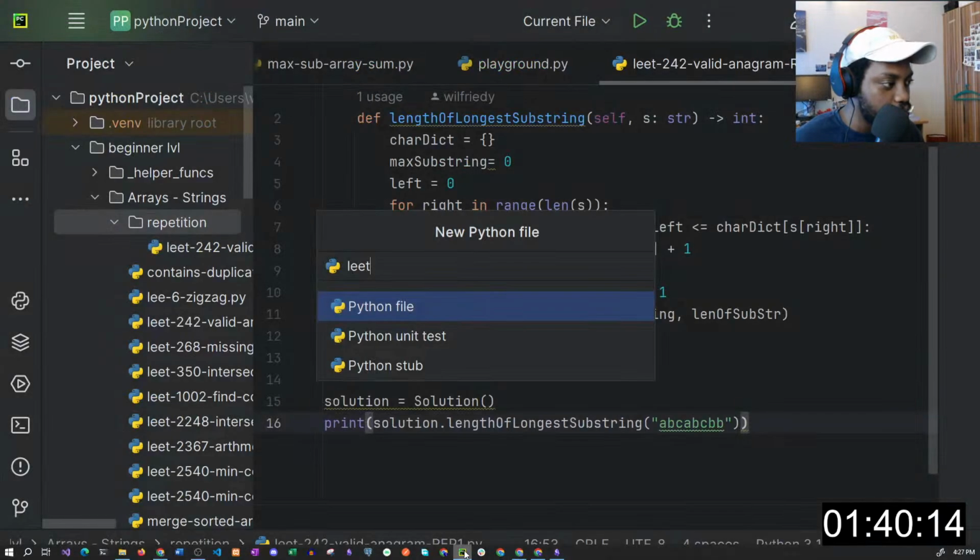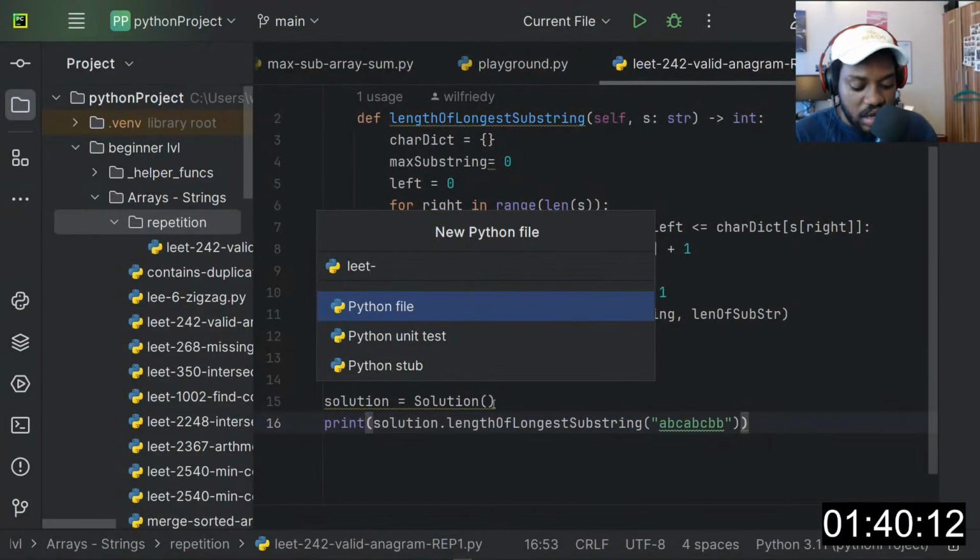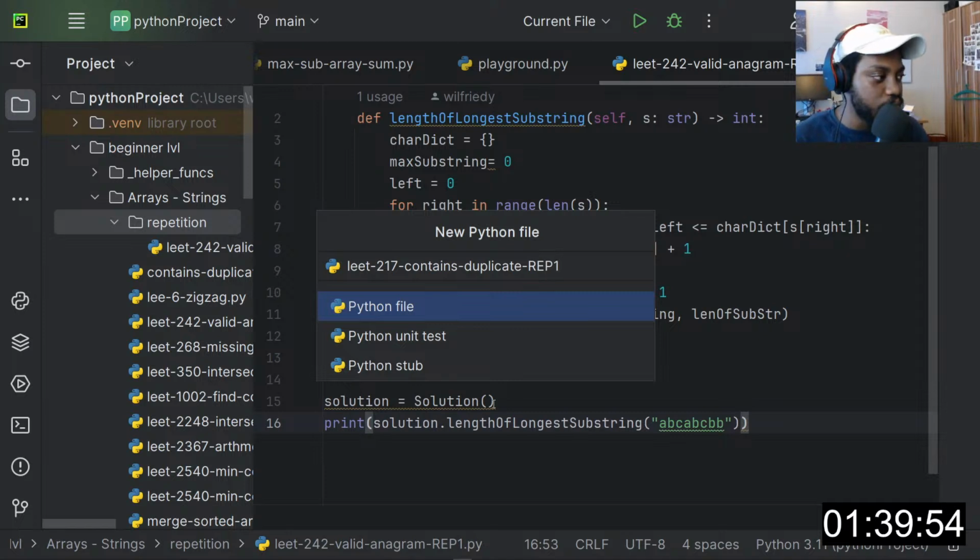Okay, so LeetCode-217-contains-duplicate-repetition 1. So this is the first time I'm repeating this question.